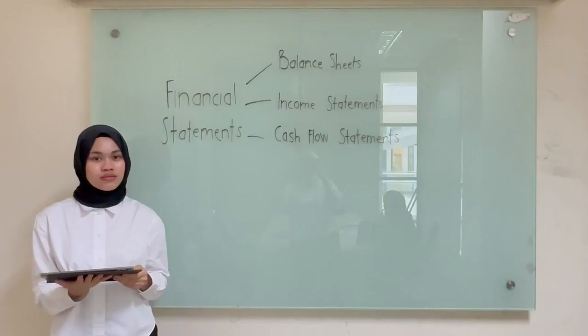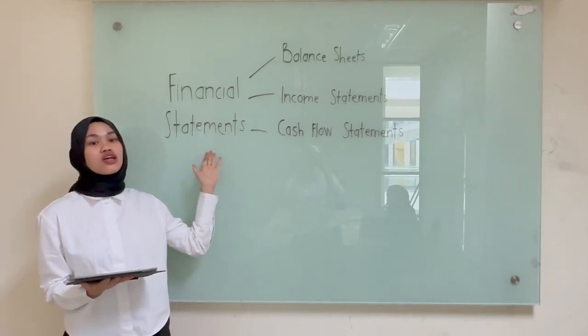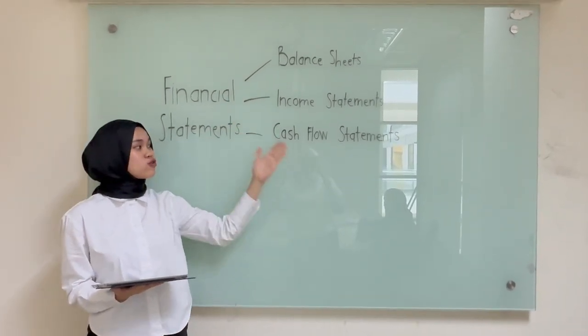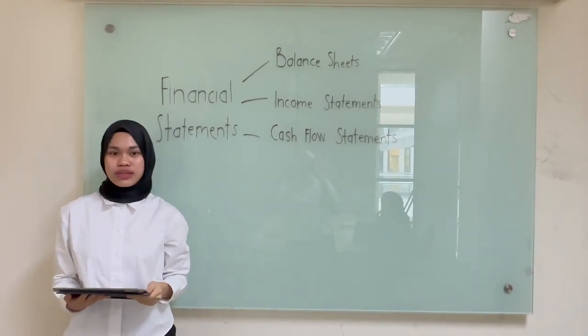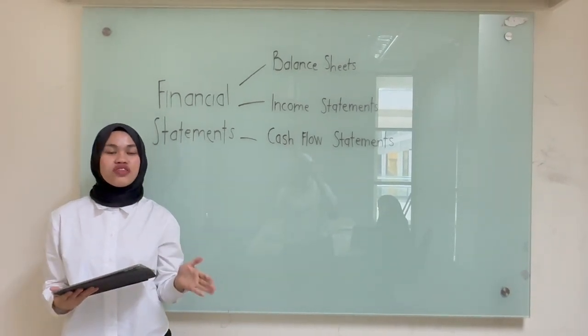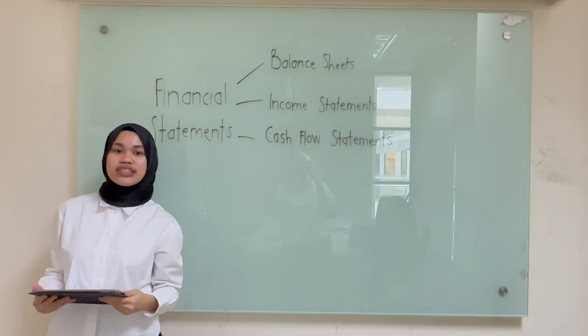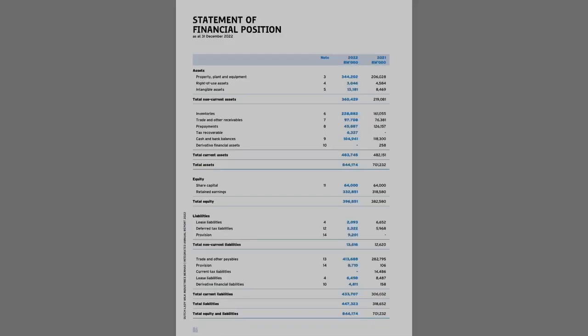Good day everyone, my name is Adriana Batrishia and I will be your meeting facilitator for today. First of all, I would like to thank all of you for joining this meeting today. We are here to discuss our chosen companies, which are FNN and also JASRI. The financial statements, which consist of balance sheets, income statement, and also cash flow statement of FNN and JASRI, will be discussed at the beginning of this meeting, followed by an overview of the key figures and trends in the financial statements. Let's start with our first chosen company, which is JASRI.